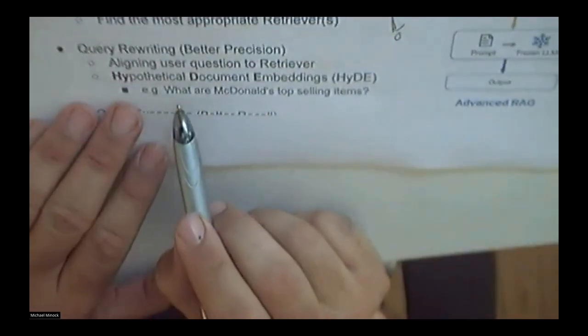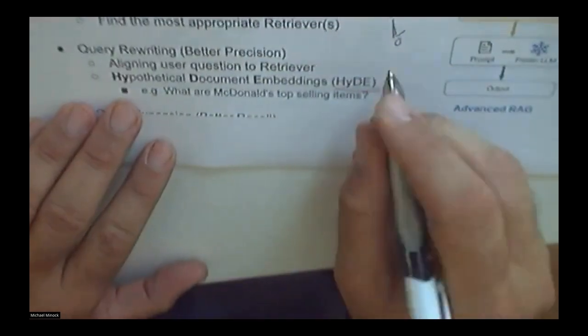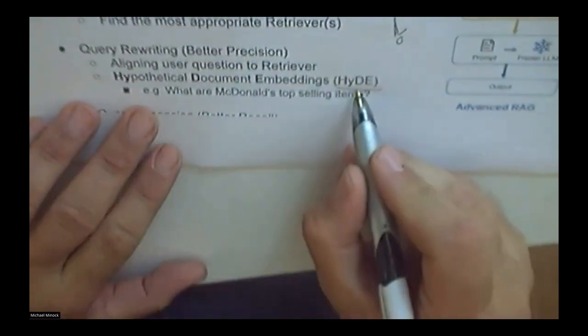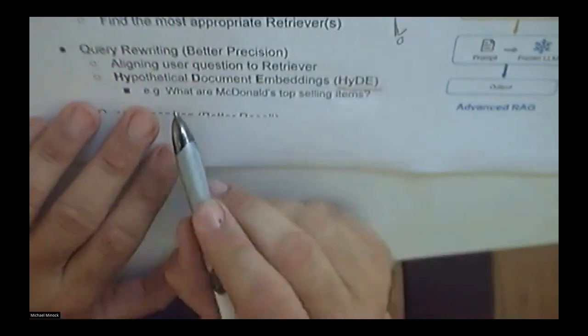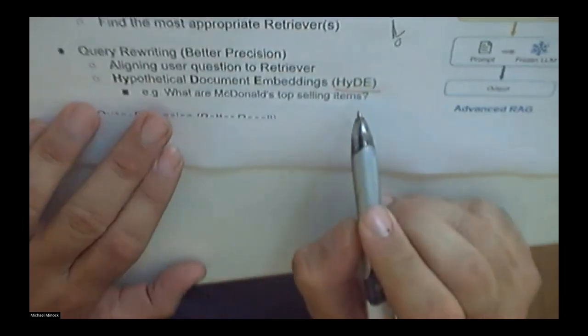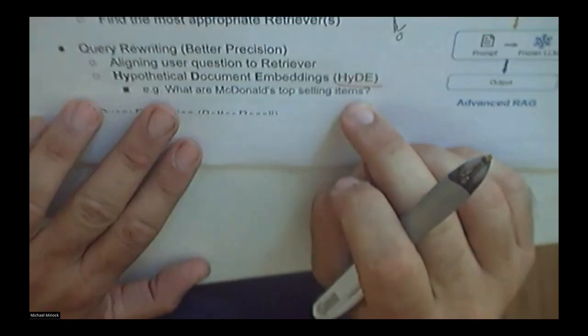So actually, in the case of this, we have this notion called HyDE. It's also another real simple thing right here. And what HyDE basically does is it says the user comes in with a question, what are McDonald's top selling items? Okay. Now that is maybe not going to match the database so well because the database is talking about burgers,